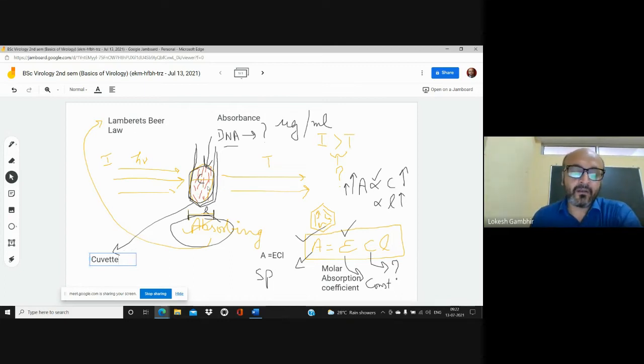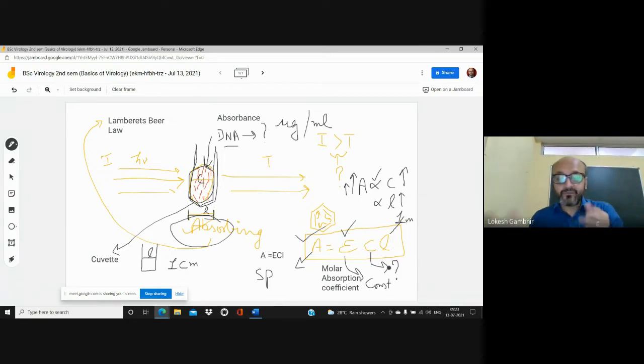Now, the diameter or the length of that cuvette, I should not say diameter because it is not cylindrical, it is a rectangular part, and this particular length is called L. It is always constant, with the quantity of 1 centimeter. So, wherever you are using a spectrophotometer, please remember L is always 1 centimeter when you are using the cuvette, but if you are using the blade, then of course it changes. Okay, so this we have identified using the spectrophotometer.